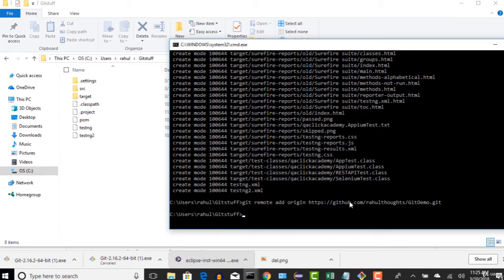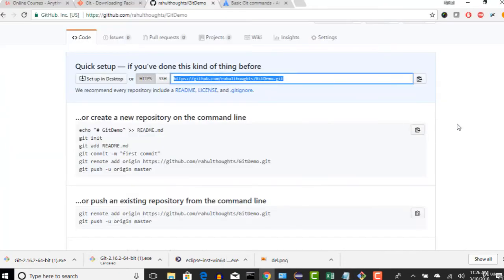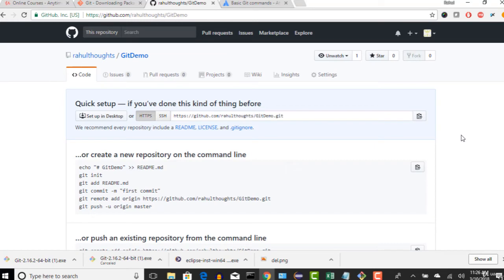So for that you can simply say git push origin. So to the origin, which is this one, right? Right now we are on the master branch. In the coming lectures I'll talk in detail about what a branch is and how it works. But when you create a repository, by default you will be on the master branch.